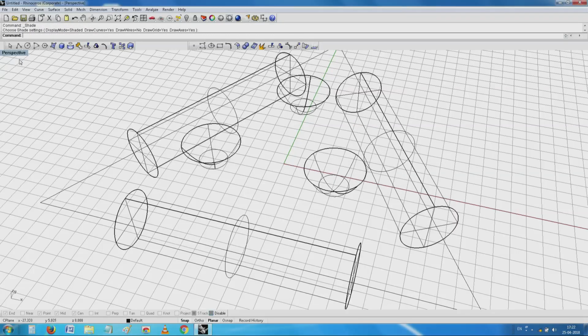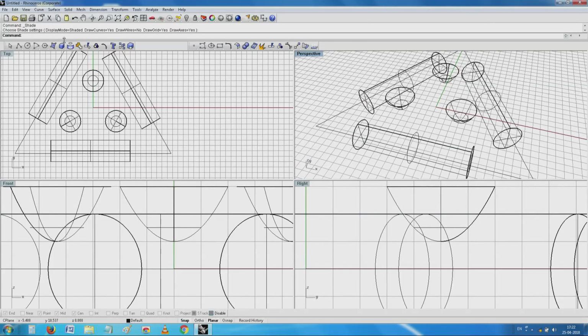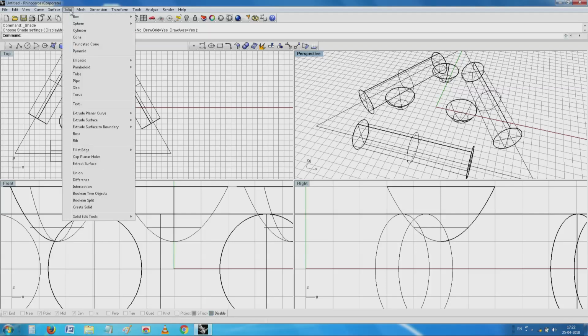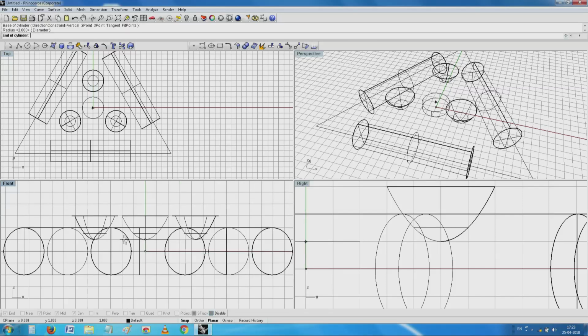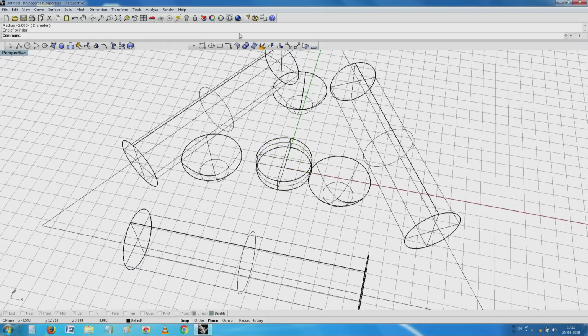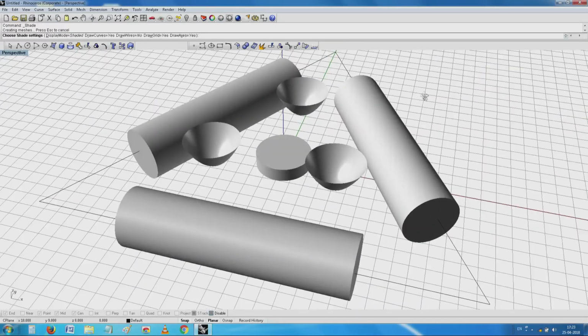So, just for simplicity, I will create a small solid which is nothing but one more cylinder. What could it be?